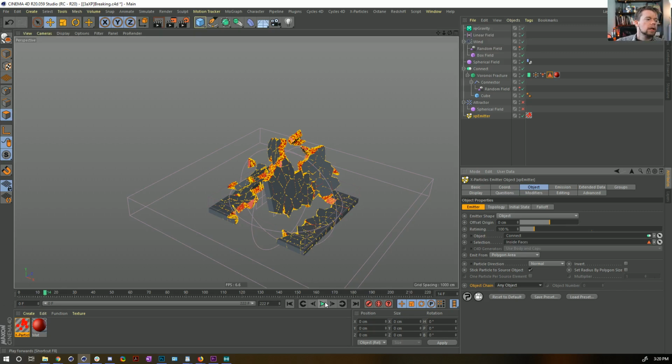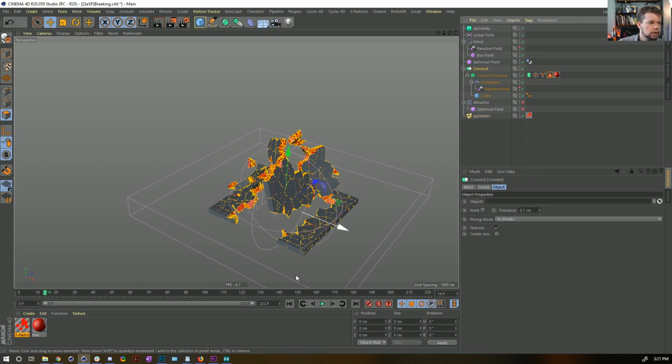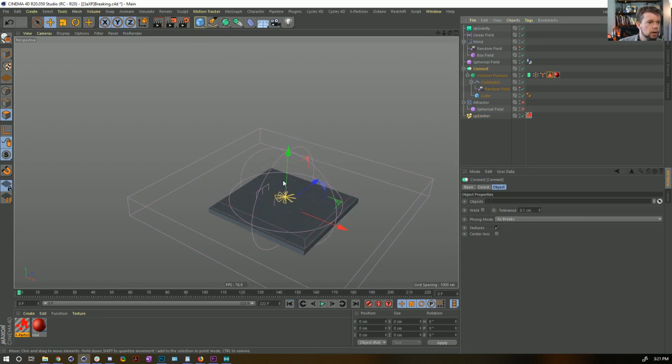I guess I don't have any expectations that X particles should be able to do that. So it really does go back to fields, and we could create. We can't create a vertex map on the connect object, but we might be able to put one on a